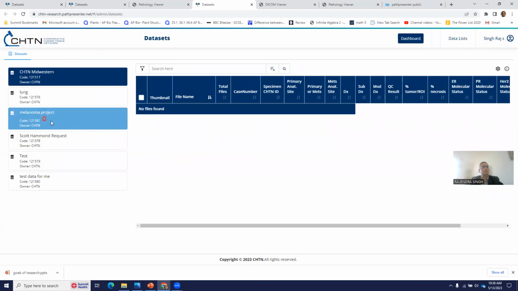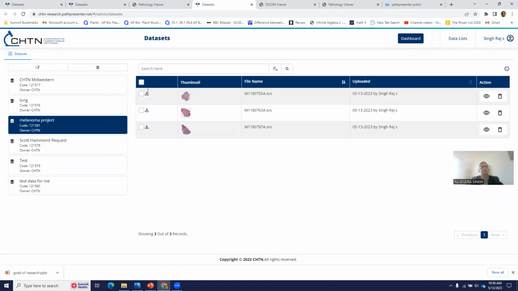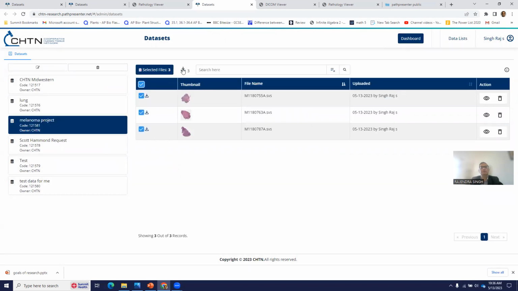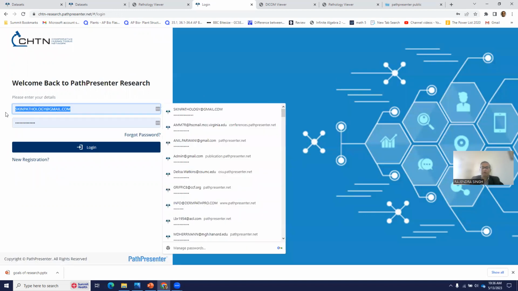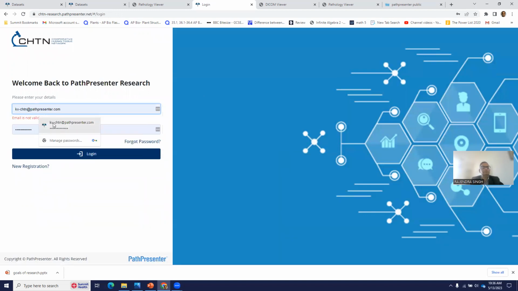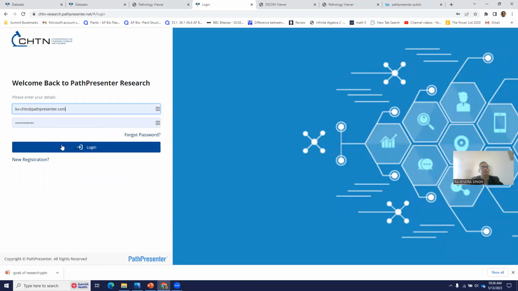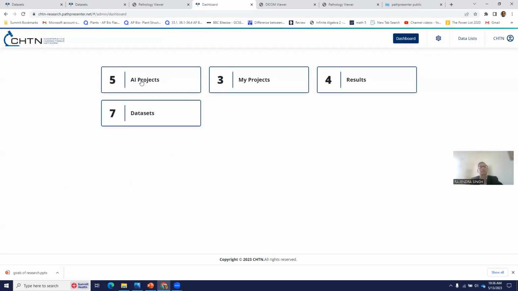I also have the ability to download the data set. So now they have the ability to download all these files. So it makes it very convenient for any researcher to come into the platform, look at the data, and then select what data they need for research, and then come in here and create